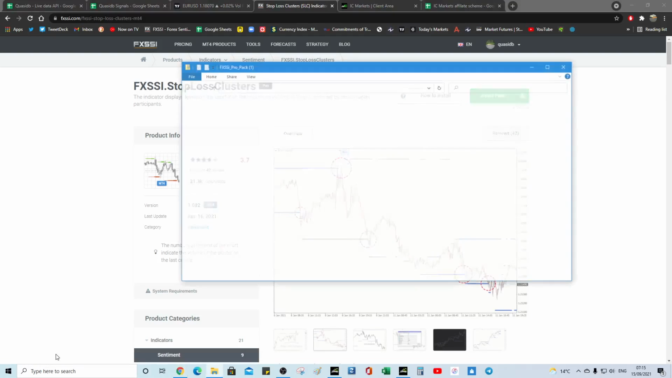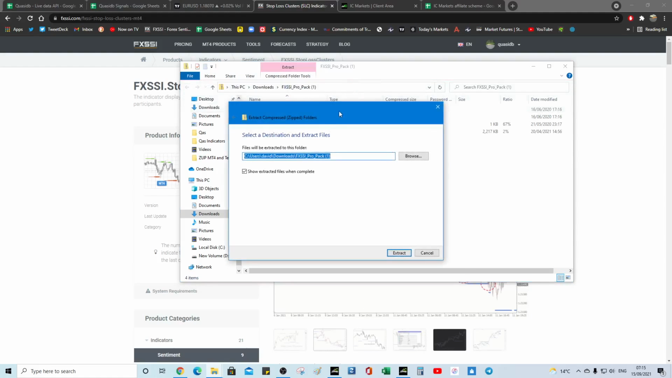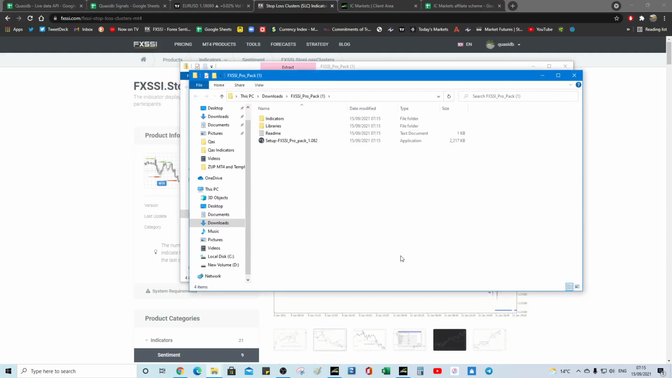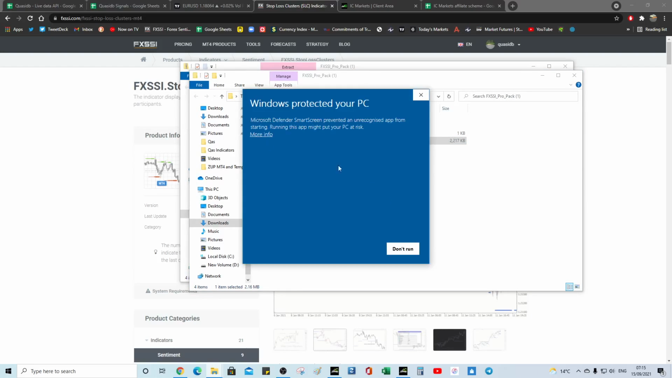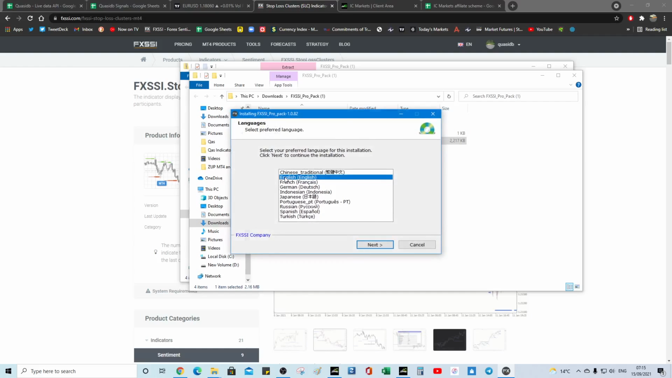open them when complete, and you're going to double click this. Right, so we need to extract it first. So extract tool, you can put it into the downloads location, and then double click, and that's it. More info, run anyway. Yes, English,